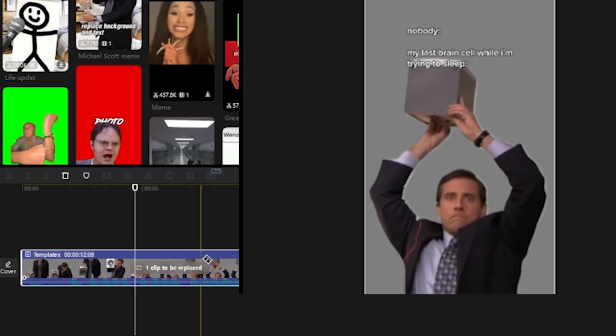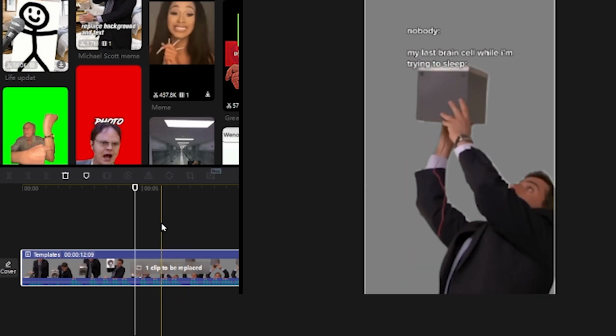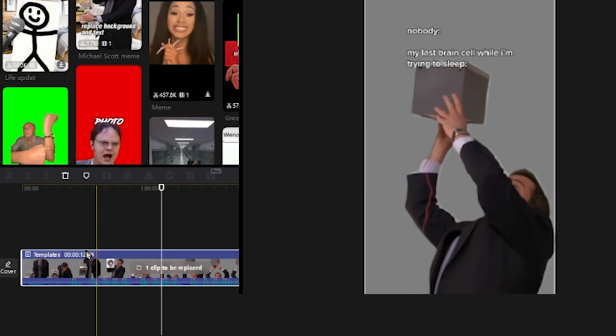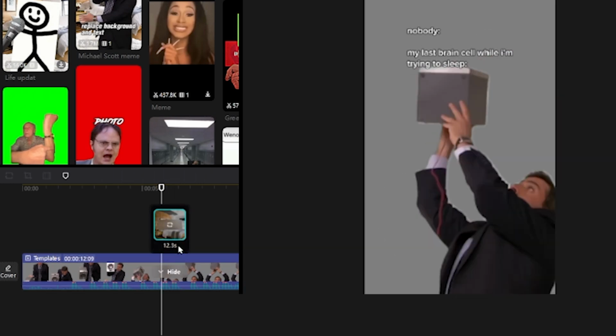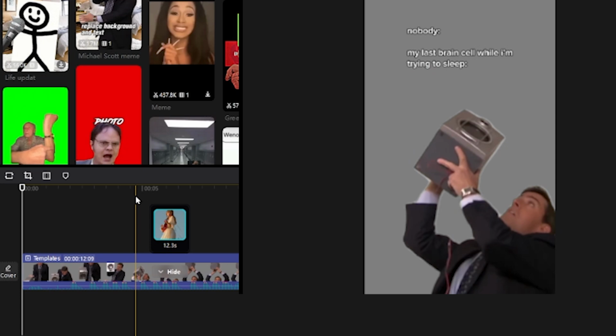Let's see if we can split. Okay, it doesn't work, so you want to click and highlight the video clip and click where it says clip to be replaced. Now scroll up and click this icon, replace. You want to locate and find a video clip on your desktop or PC or laptop to replace. And once you click open or you have replaced the clip,